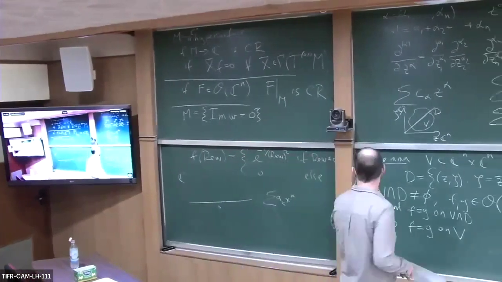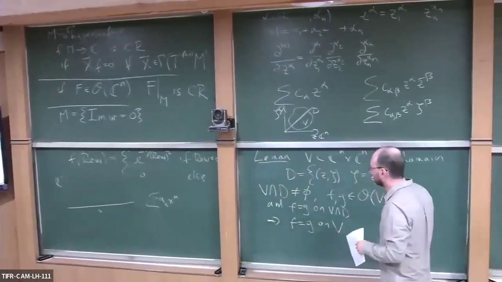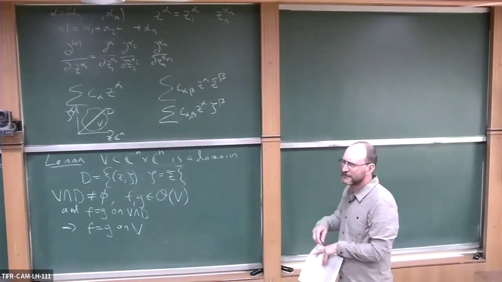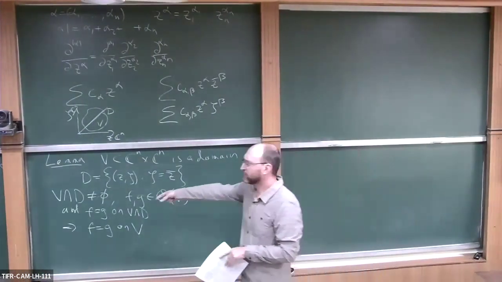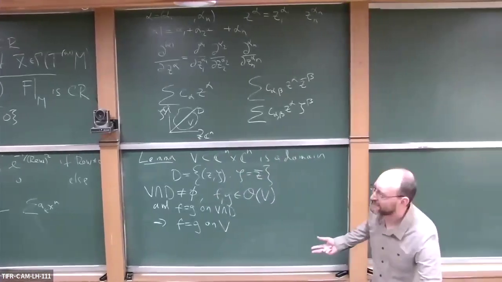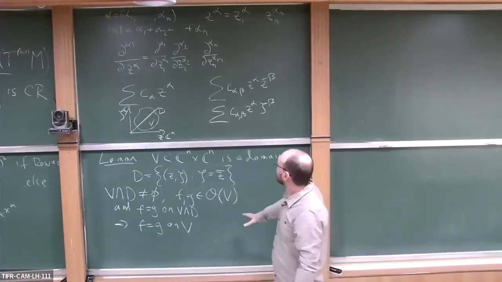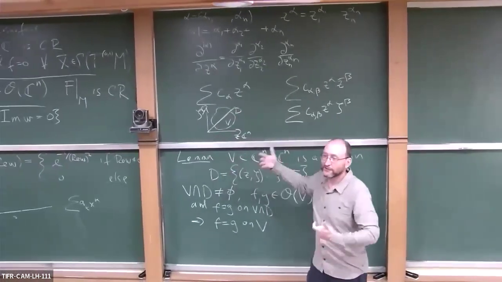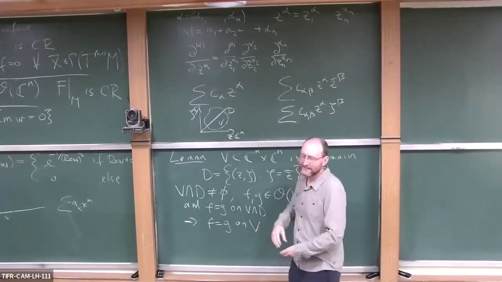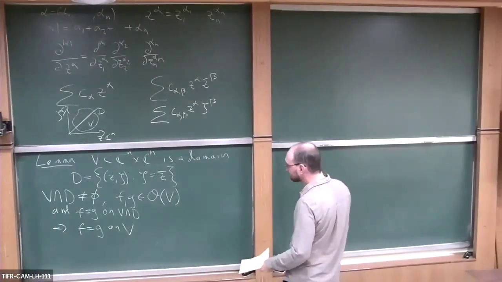Just like over here, it's a unique holomorphic extension. Now it might be a little bit more CR geometry. Over here, you can just use the identity theorem. Over here, the identity theorem wouldn't work directly because in higher dimensions, of course, the identity theorem is a little bit more complicated. This is a totally real submanifold, a maximally totally real submanifold, and that's why it works. But it's sort of an easier reason.